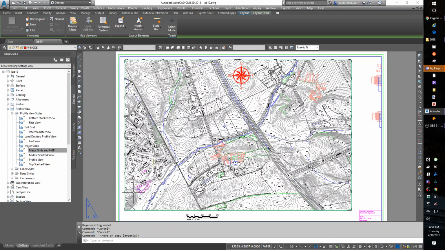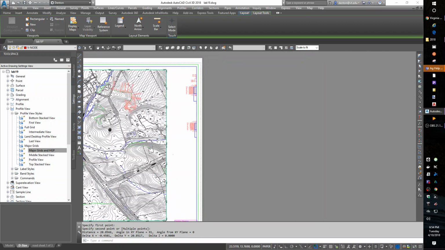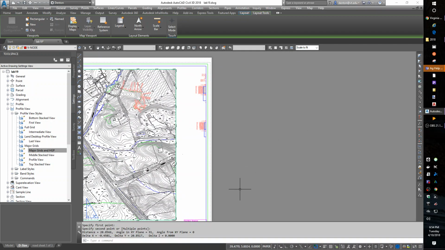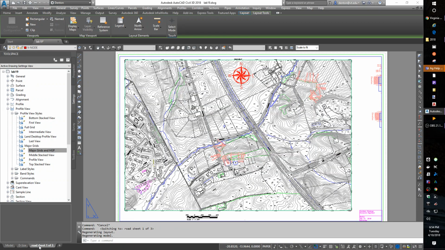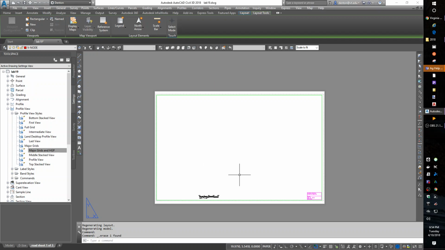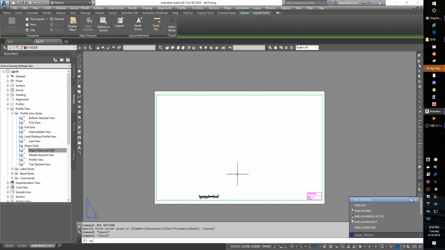Okay. Now, my drawing area is roughly, if I do a distance, I have roughly 20 inches to work with. Oh, yeah, it's 24 by 36. I probably have 20 by 35 to work with. I could draw a rectangle. Let me just go to the road sheet, delete that M view. I could draw an M view rectangle, actually, M view,